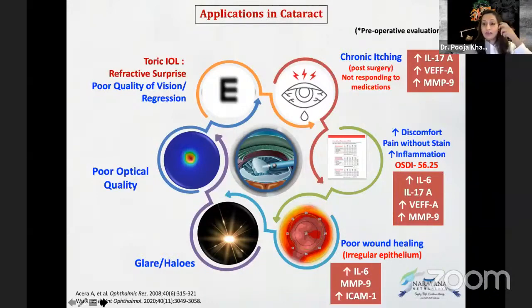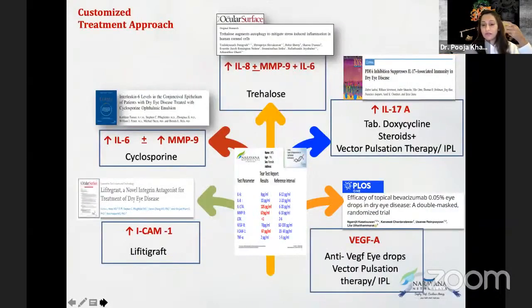So that is why if we can measure it with this diagnostic kit, we can customize the treatment, because not everyone will need a cyclosporin or a tab doxy or a steroid. So if or a vector